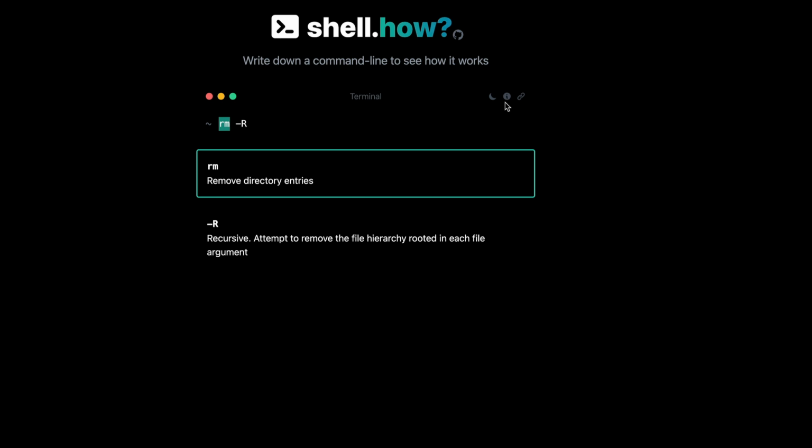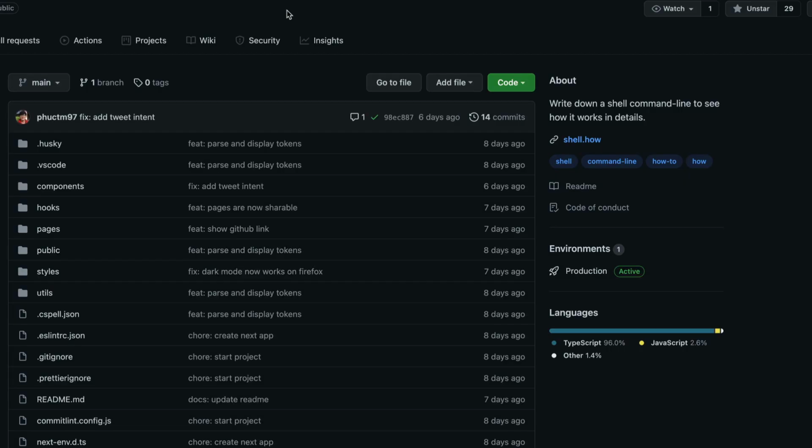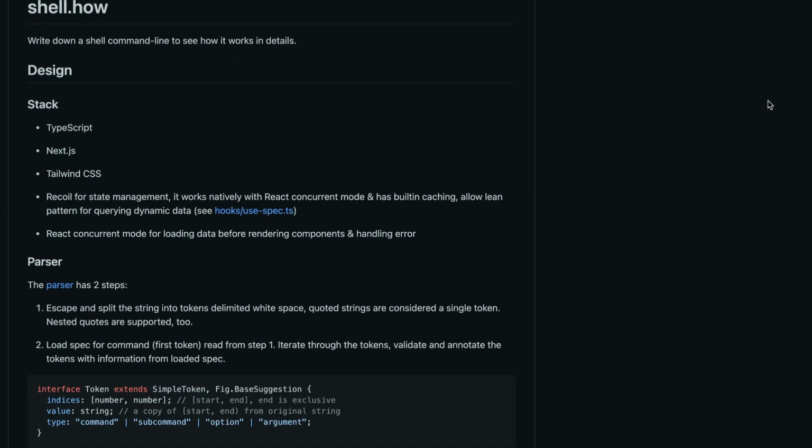The next thing, if you ask me, the greatest thing about this is that it is also open source. If you want to see this repository, you can go here, click the repository, and you would get the repository which powers this application. I would link it in the YouTube description. Please make sure that you go ahead and star the repository. Give a shout out to the developer, it would mean a lot. And if you see the tech stack with which it is built, you see TypeScript, Next.js, Tailwind CSS, as you see everywhere on the internet, and a couple more components which are beyond my JavaScript knowledge.